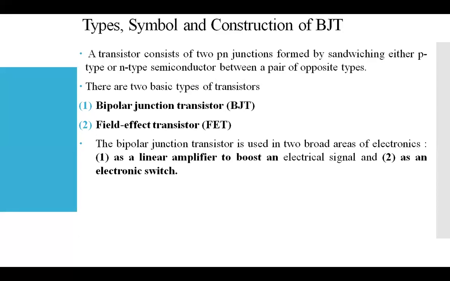So there are two applications, or you can say the areas in which we are using the BJT in electronic circuits. Understood? This is just a basic introduction given here for the transistors. Just remember that there are two types of transistor we use in practical circuits, BJT and FET. But right now, from the syllabus point of view, we are going to study the BJT circuit and how the characteristics operate.